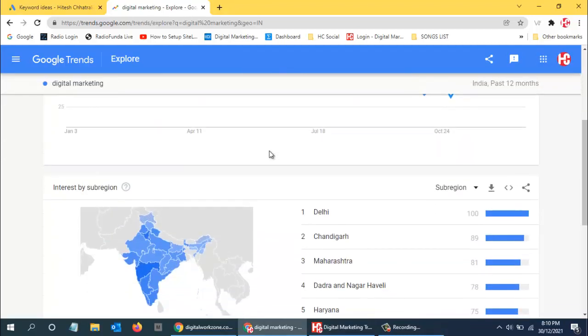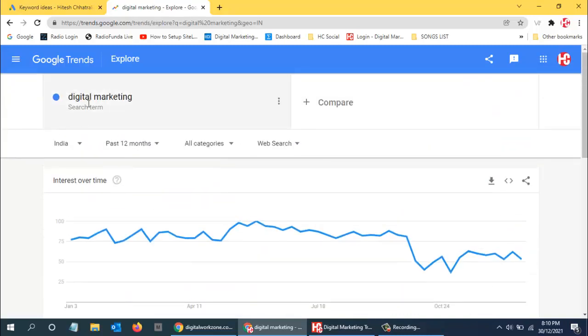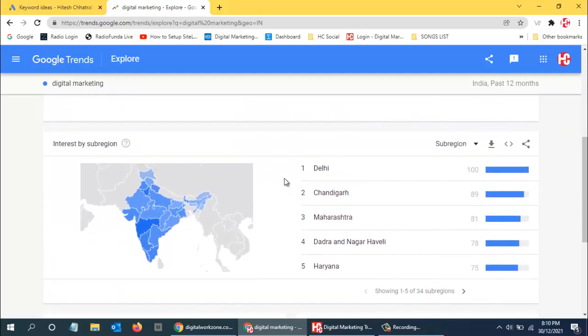So say suppose you want to start the business in Rajasthan. So let us see how many people are searching for this particular keyword in Rajasthan. If people are using it, then we can get to know that yes, we can start the business in Rajasthan or not.